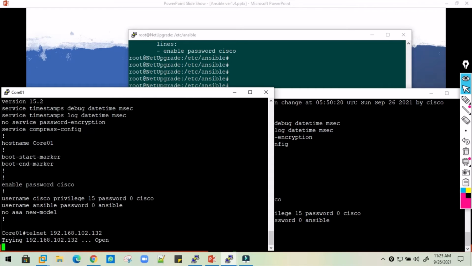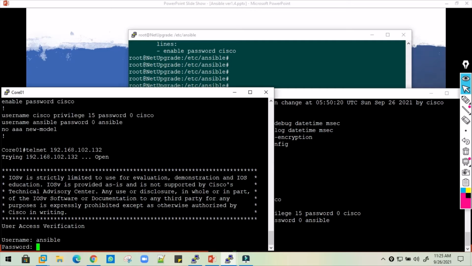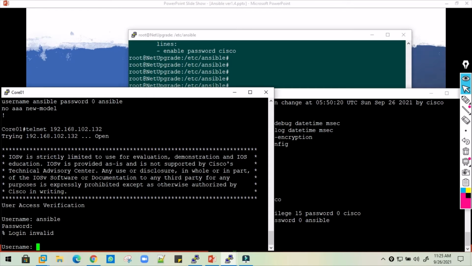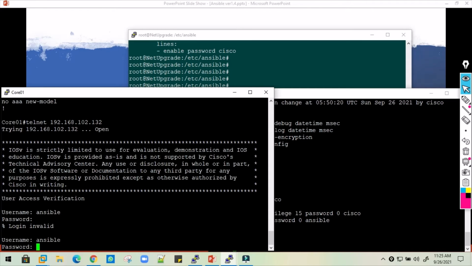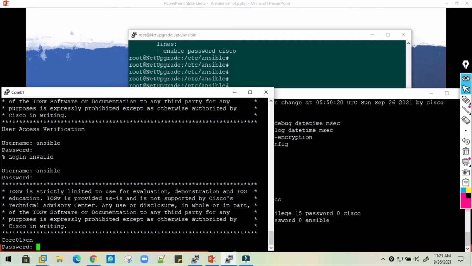If I try to log in with an enable password, as in try to do the telnet, then it is going to ask me what is my enable password. Ansible, enable, and now it is prompting me to provide the password, which was not there previously.